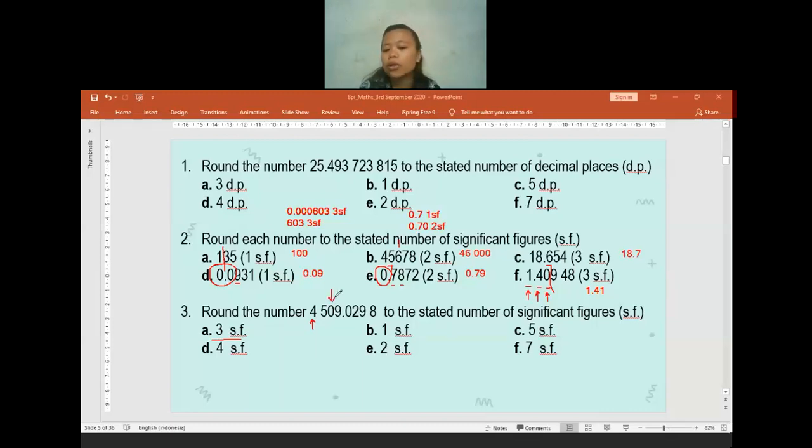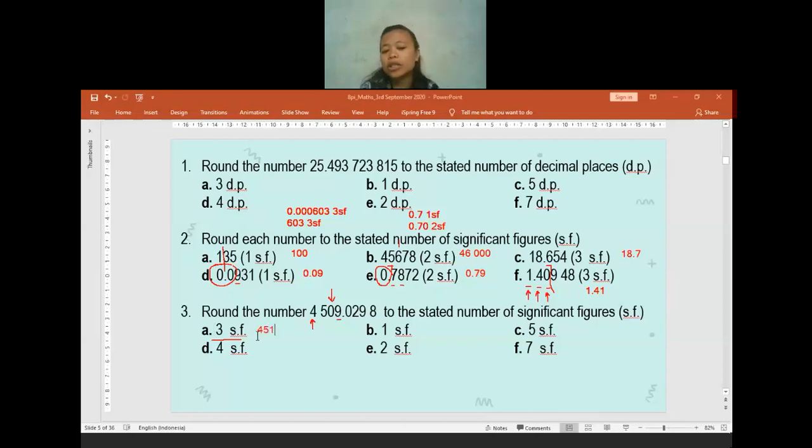Okay, is there anyone who is confused or disagrees if I say the third significant digit in question 3 is 0? Is there anyone who disagrees or is confused? No? Okay. If no one has any confusion, you have to check. The number to the right of the chosen digit is 9. So it means the 0 has to go up by 1. So 0 goes up by 1, it will be 1. So it will be 451.